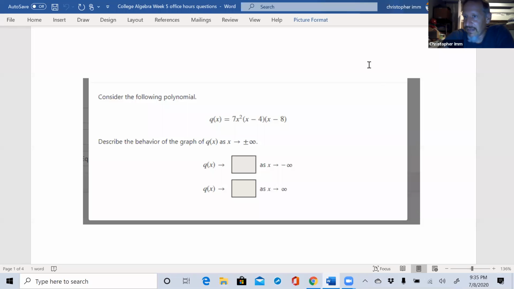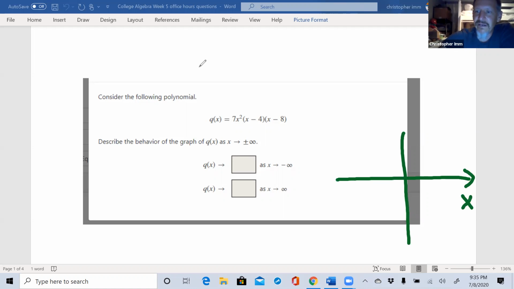How do we figure out end behavior? It really basically boils down to 2 things. So here we want to describe the behavior of the graph as x goes to plus or minus infinity. So that's what we call the end behavior, because when x goes to plus infinity, we're going to the right side of the graph. And when x goes to negative infinity, we're looking at the left-hand side of the graph. So in this problem here, I told you it boiled down to 2 things, right? So it boils down to the leading coefficient. That's going to be the number in front of the highest power of x, and the degree is the highest